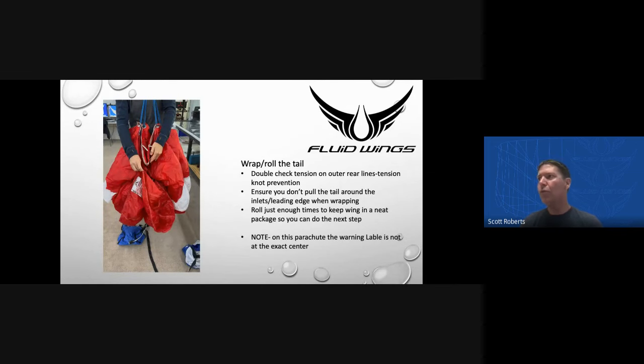I want to talk first a little bit about keeping those lines tight and fixing some stuff at this point in your pack job, which is a really good tension knot prevention. I also want to talk a little bit about pulling the tail around so that you don't disturb any of your inlets or the stuff you've done just with your lines. And on a side note, this particular parachute has a